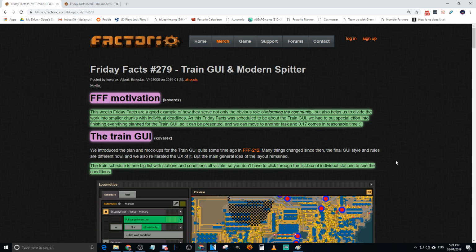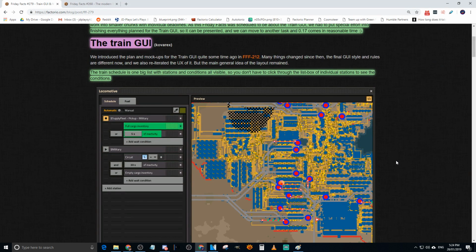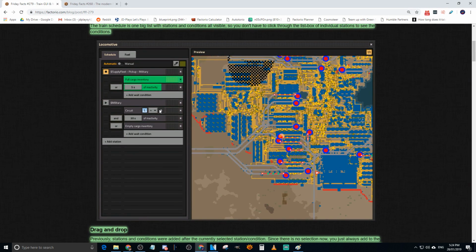But yeah, the train GUI. The train schedule is one big list with all stations and conditions visible, so you don't need to click through the list box of individual stations to see the conditions, which is a nice, I guess it's a nice little feature. I'm sort of used to one window being the list of stops and the other one being all the conditions, and it sort of works. And I'm looking at this, I'm like,